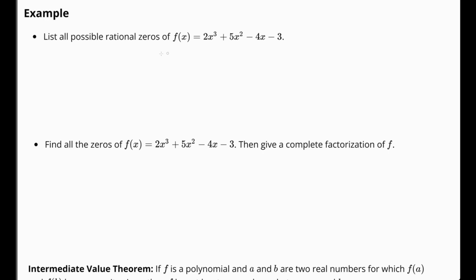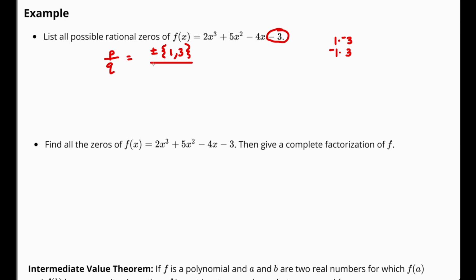So first thing that we're going to do is it says list all possible rational zeros. What we're going to do is p divided by q. And p is all the factors of whatever this last term is. So in this case, it's going to be -3. So all the factors of -3 could be 1 times -3 or -1 times 3. So hopefully you notice it's just going to be plus or minus all of those values. So it's going to be plus or minus 1 and plus or minus 3 for that top part,